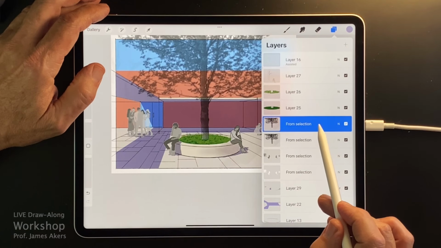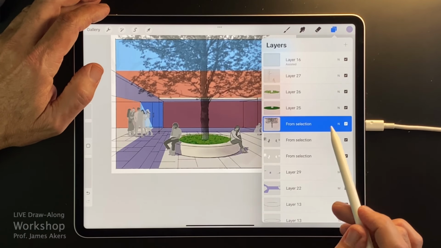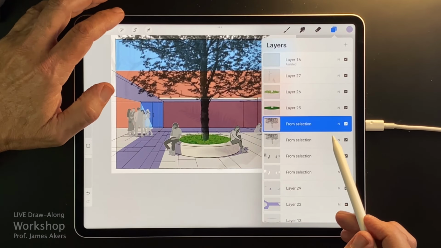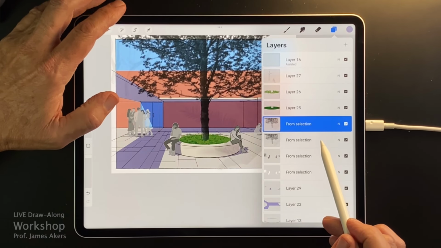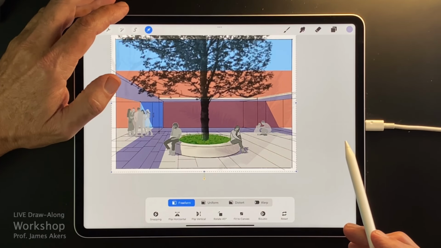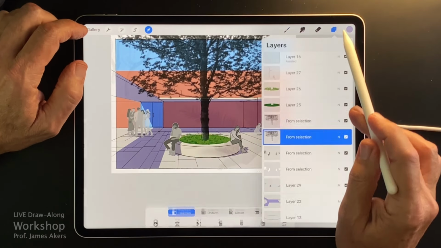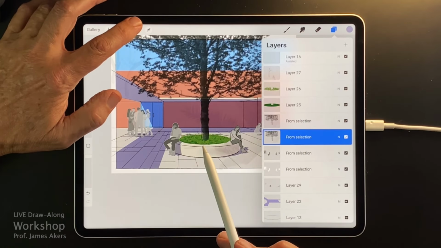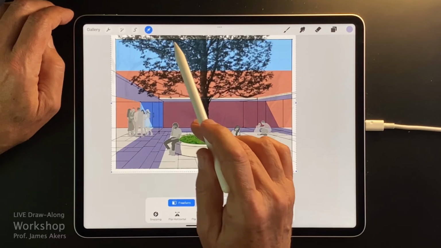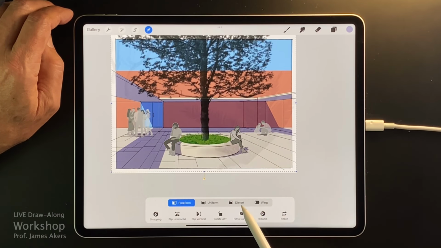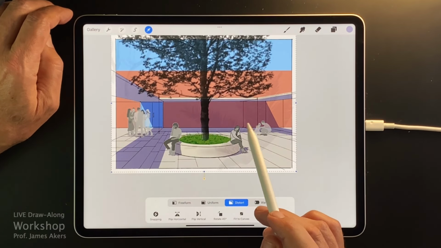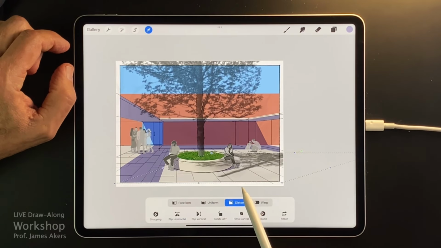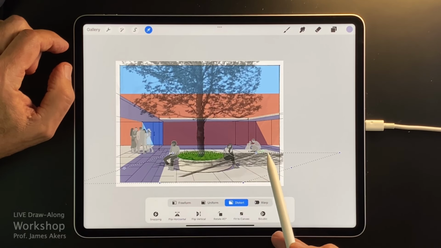So I'm going to merge that tree together, and now I'm going to make another copy of that tree, and with this copy of the tree I'm going to pull it down, and it's hard to see, but that lower copy of the tree I've made is now going to be selected in the Move and Transform menu, and I'm going to distort it, and I'm going to bring it way down here like this, and have it fill up.